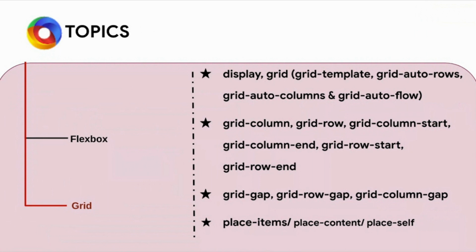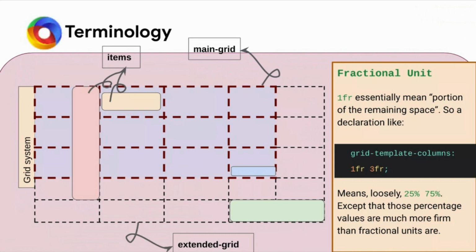One is regarding gap, another is placing the items, like the layout thing. Third one is placing an item, and the fourth one, the first one which I have written, is making a grid. Okay, so let's see more about the grid concept ahead. Now let's understand the grid system.